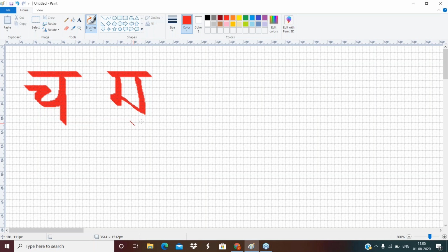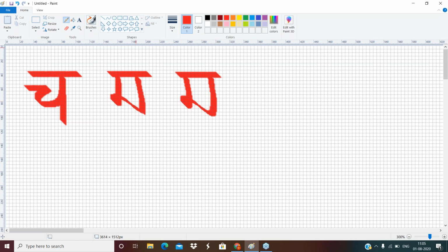So this is Ch. If I have to draw once again, just see carefully what I'm doing. I'm just taking here, making a round, coming a little down, and then going back up. This is round, not a corner. Do not worry, I think that is fine. You have to come slightly down.